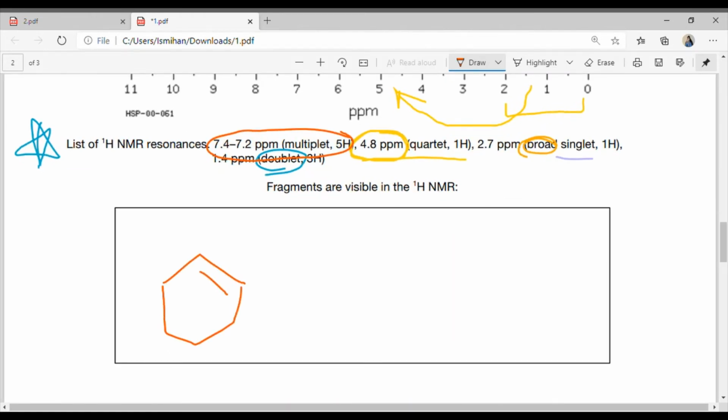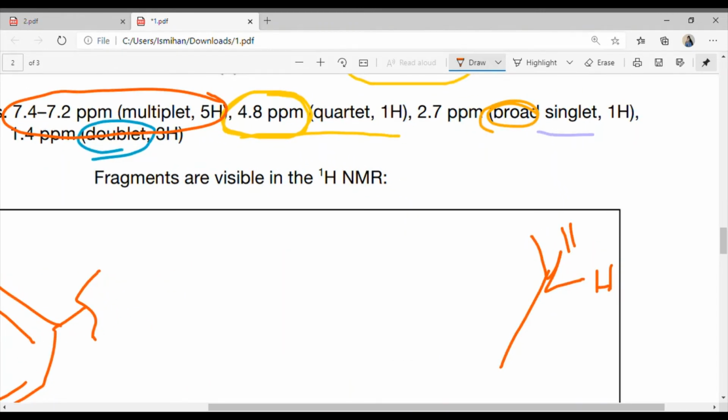Okay. And we knew that it was attached to something. We also knew that there was a methyl group here. These are my hydrogens. Let me just zoom in. These are my hydrogens. And that this was attached to something. We knew that there was a 1H